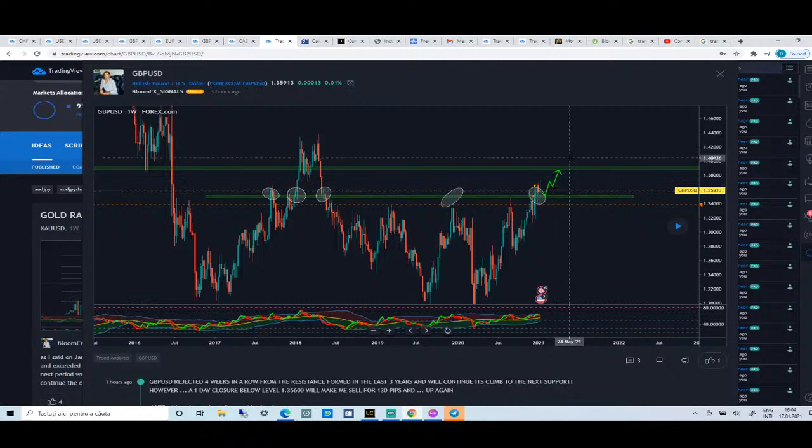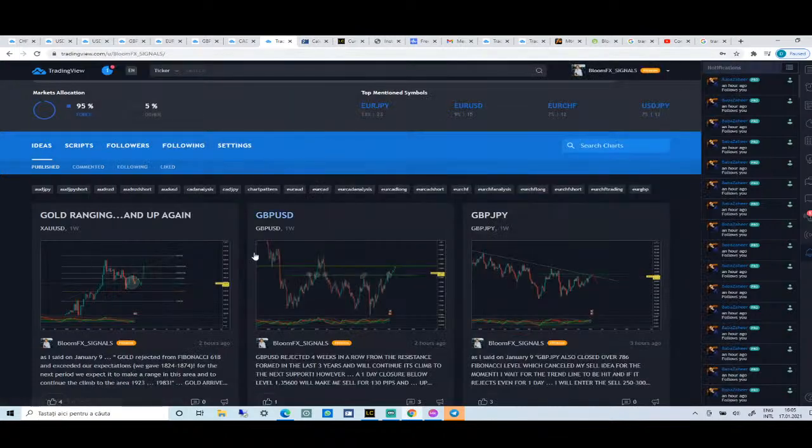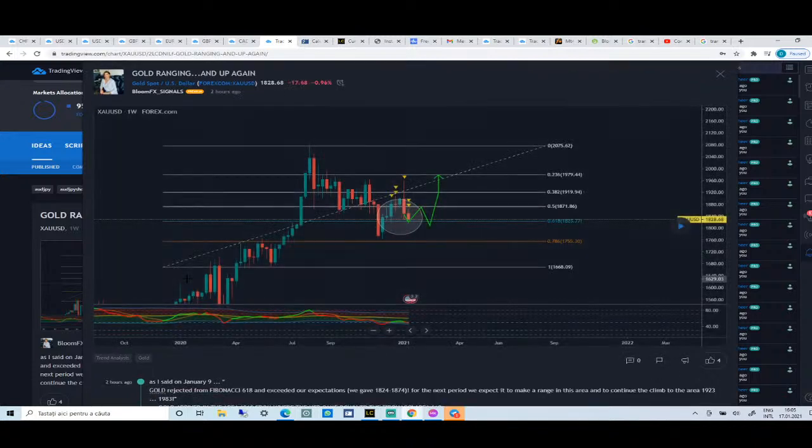But please have a note that this pair may be influenced in the short term by any news about the vaccine or Brexit, okay? Because here we have the GBP. Let's continue with the gold. And with gold,